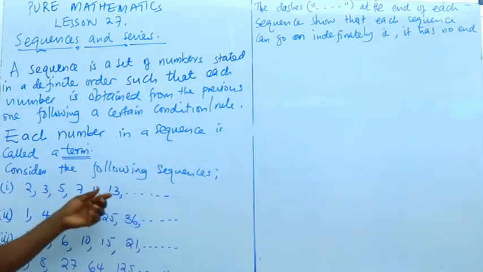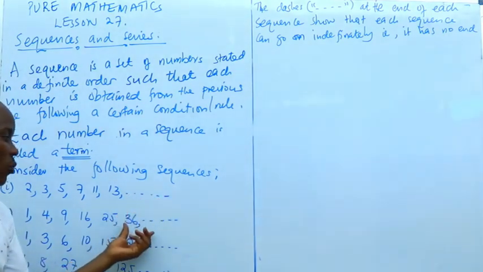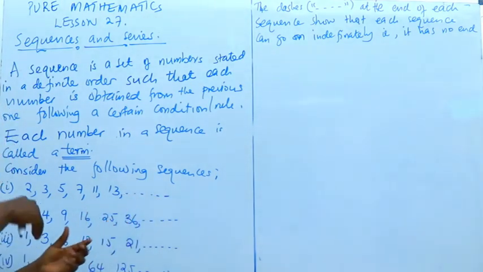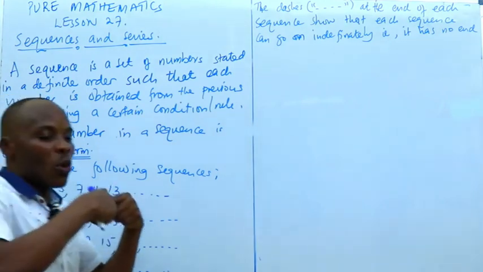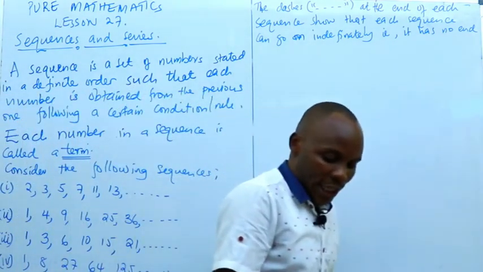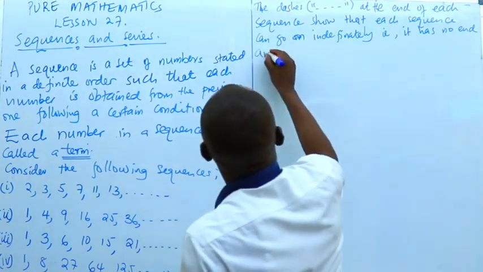Those dashes indicate that on each sequence we have other terms we have not mentioned, so this sequence can go on indefinitely, and such a sequence